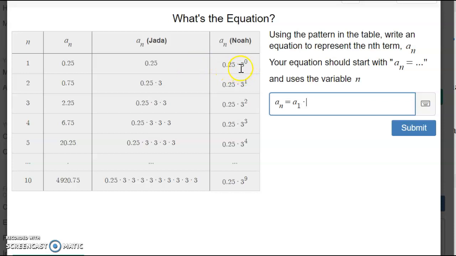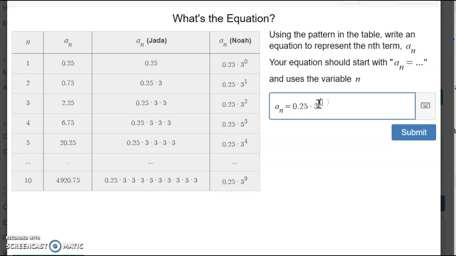Whatever the common ratio was, and we're going to use the variable r, oh, actually, or we can actually write 0.25, because that's the first term, multiplied by 3 to the power of,